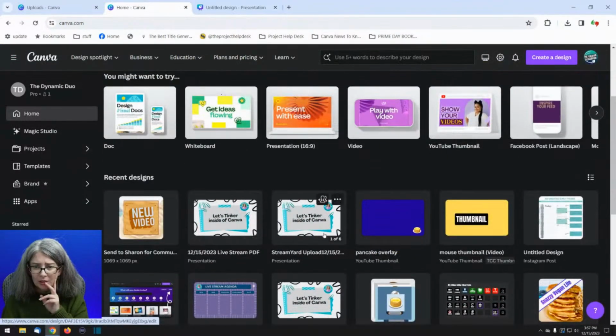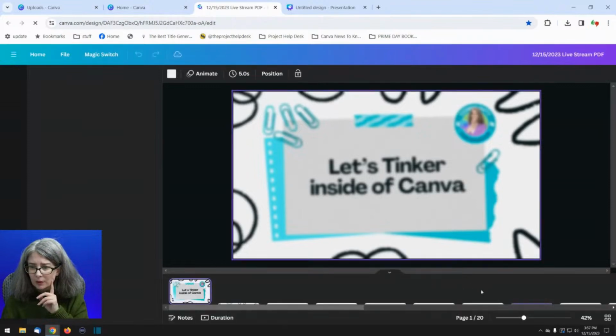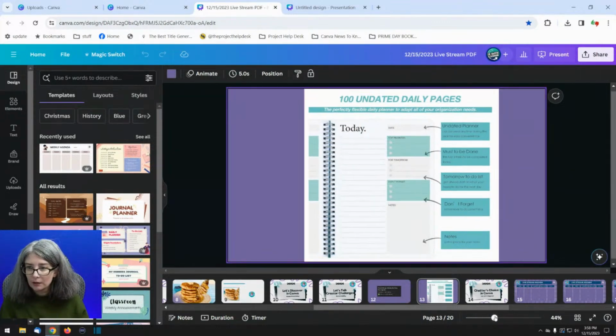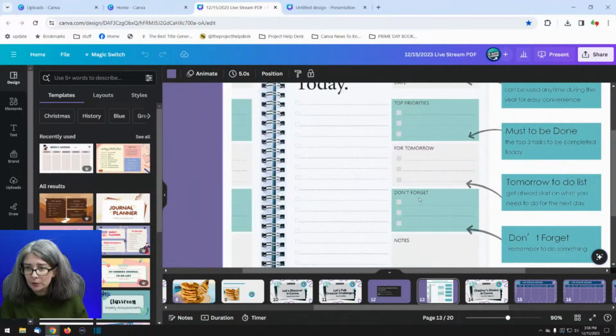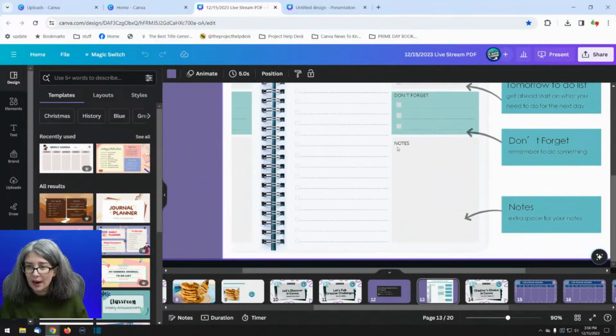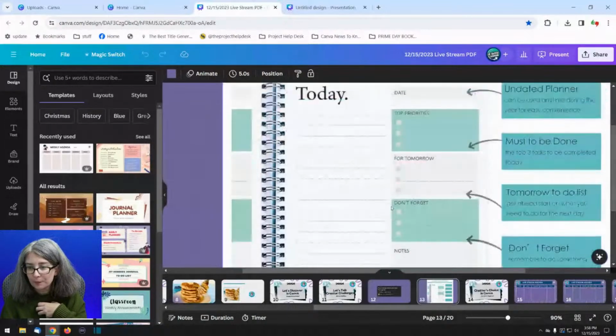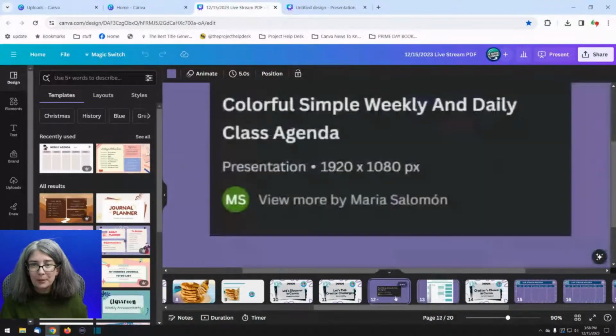We're going to go, I think it's this one. Oh, this, by the way, is what my planner looks like. And it's got today and it's got date, my top priorities, what I want to do tomorrow. Don't forget to do this, right? And a little notes section. I'm probably going to get a new one when I run out of these pages that has the time slots because I find that really helpful.